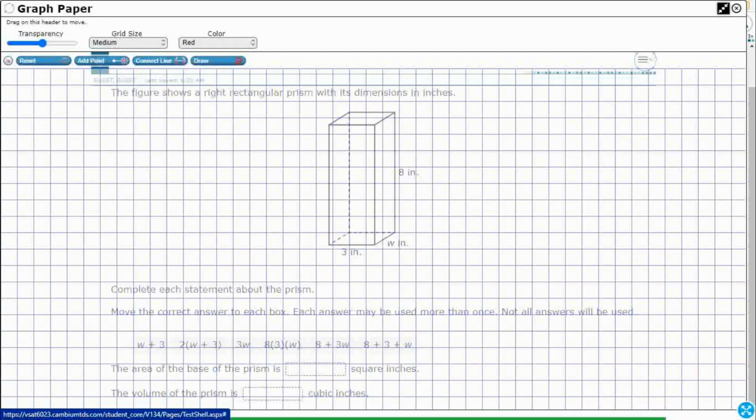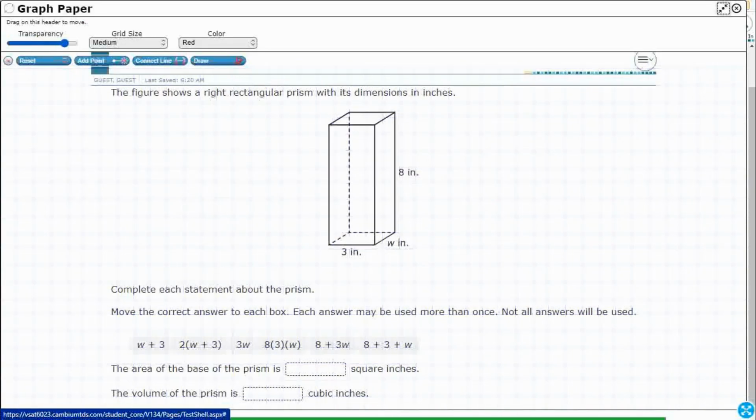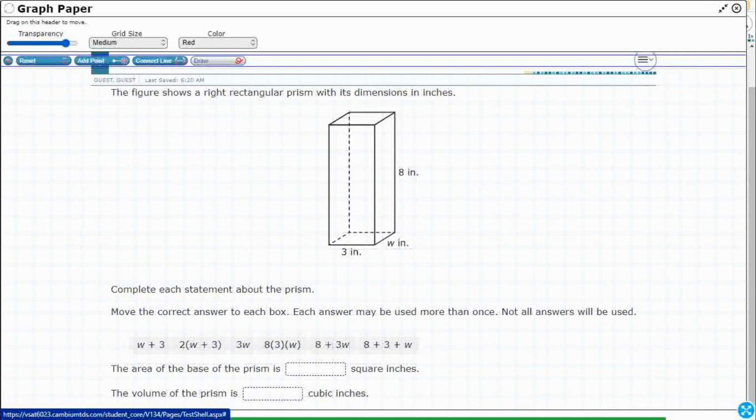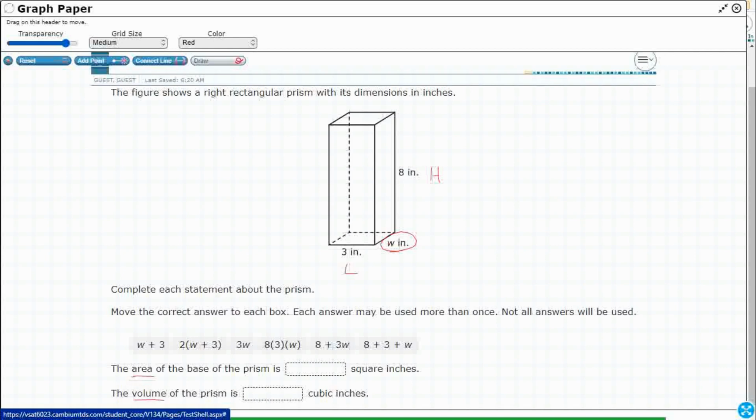So let's open up our graph draw feature, increase the transparency. Let's see what we're asked to do here. We've got a right rectangular prism. We've got our length and our width and our height. Actually, we have our length right here, and we have our height right here, but it looks like the W is just unknown. Okay, that's fine. And then we need to complete each statement about the prism. So we need to move these answers. So we're looking for the area and the volume, but